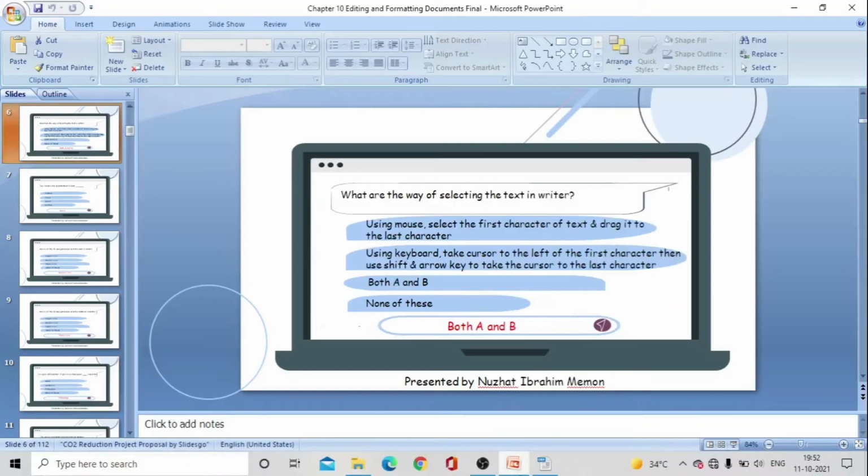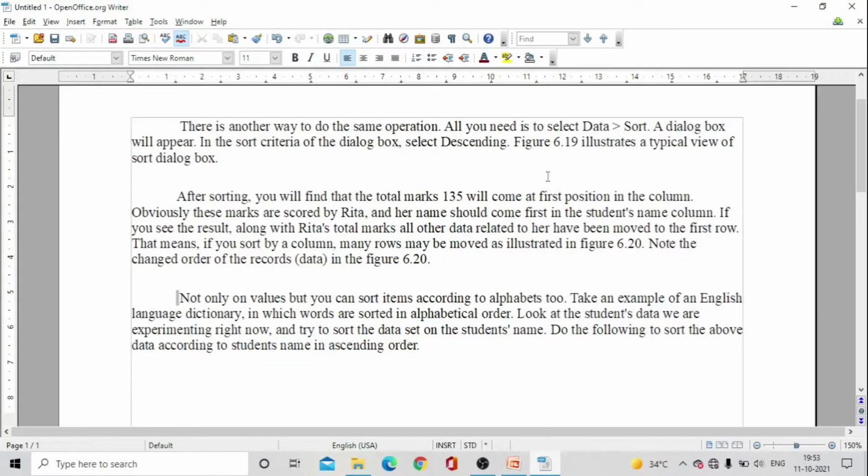So let's go to our OpenOffice Writer. Yes, I have it here. I have paragraphs here, so it will be easy for you to understand and there will be less wastage of time. There were two methods to select text, right? Which was the first one? Yes, the first one was by the help of mouse. I'll keep my cursor here from where I want the selection, and now I'll click the left key and drag the cursor till wherever I want selection. For example, I want selection till this sentence. As you can see, our text is selected.